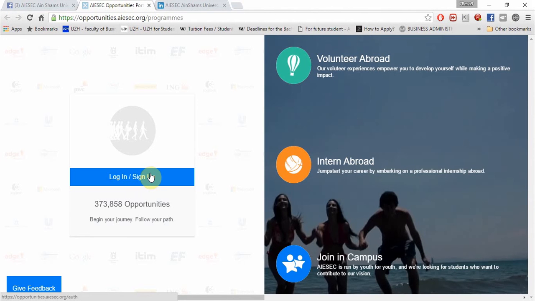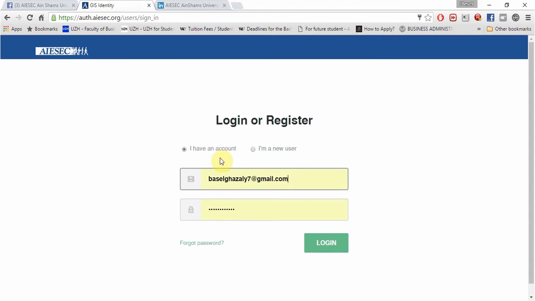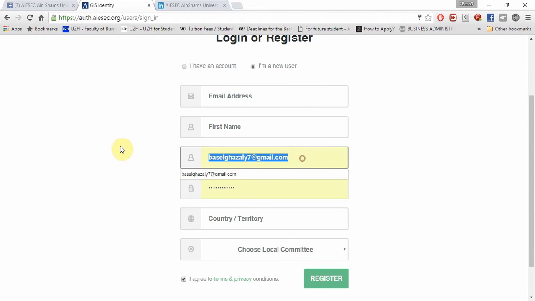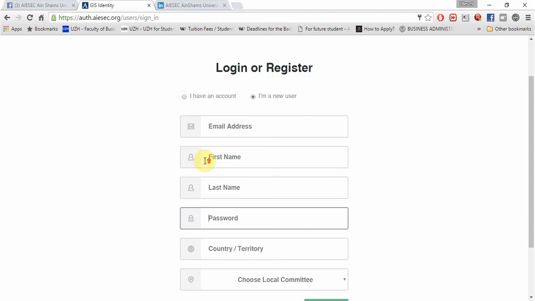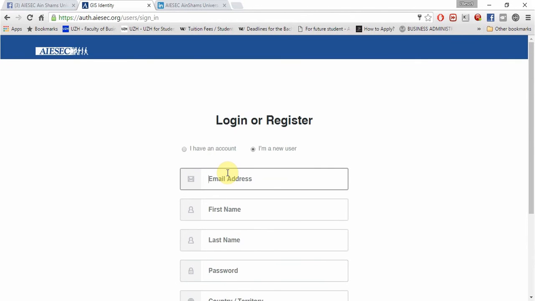Now, of course, if you don't have an account, which is probable, you will press the login/sign up button to sign up. Of course, you want to select a new user. Now let's start. So for example, here you write your email address. So you will write your email,